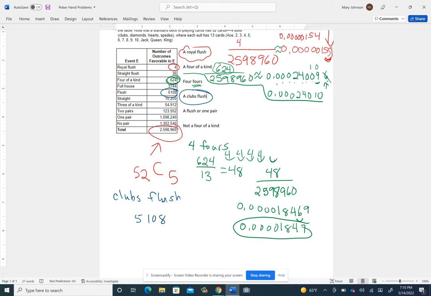All right, now they might be all diamonds, or they might be all hearts, or they might be all spades, but what we want is for them to be all clubs. But there's only 4 different suits. So if I divide that by 4, that'll tell me how many of those hands would be clubs. Okay, there'd be 1,277 of them. So now you're going to take that and divide by the